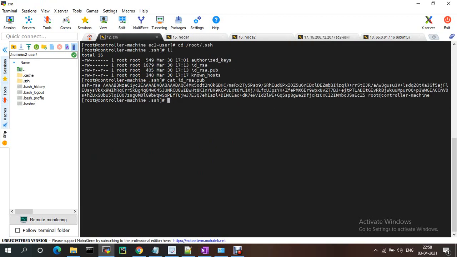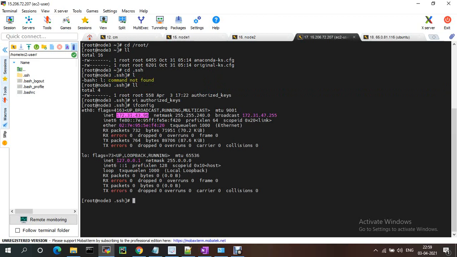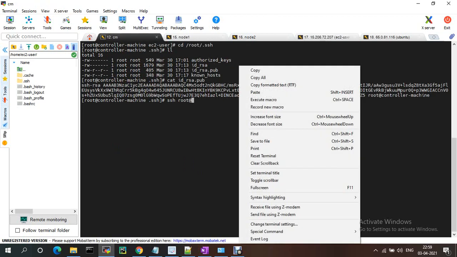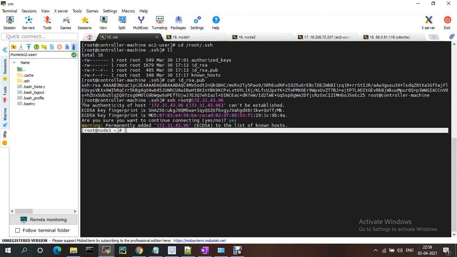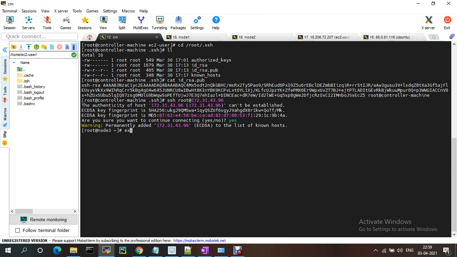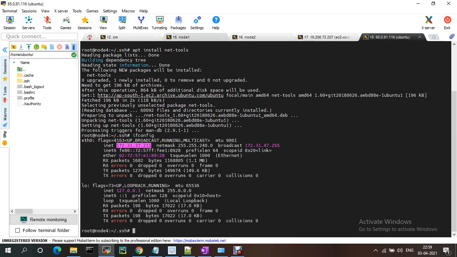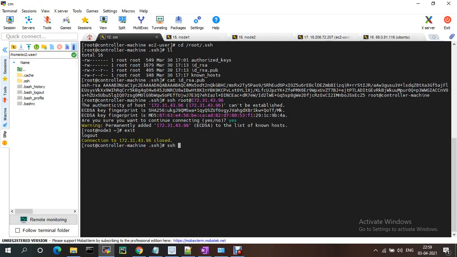Now try to SSH. Okay, and currently I am running as root, right? So if you take this IP and try to connect, it should ask. See, I am in node 3. Okay, same way you can take this IP and I am able to SSH into node 4.